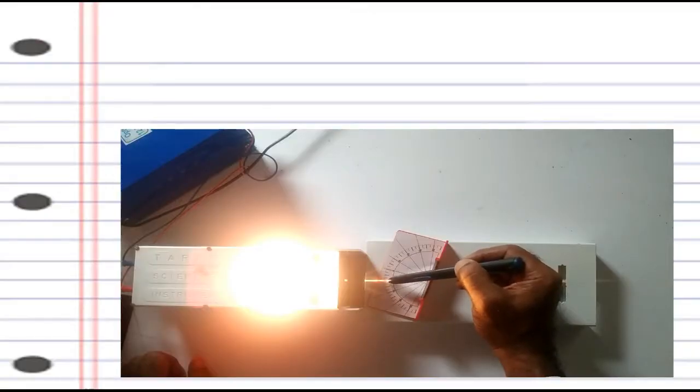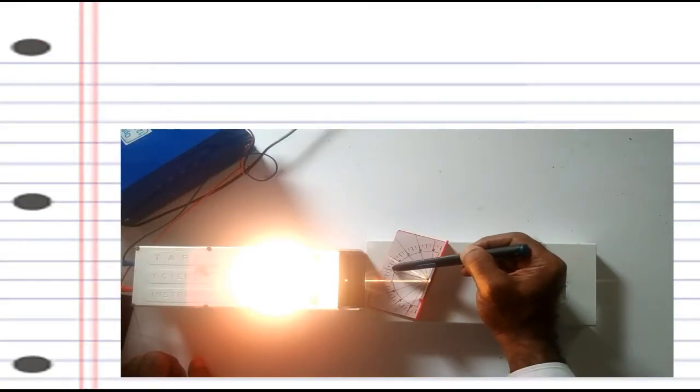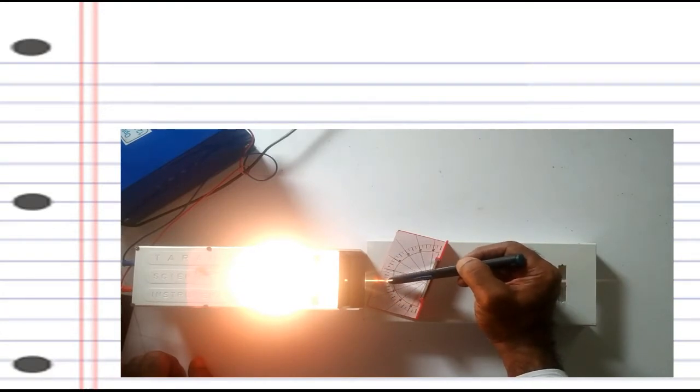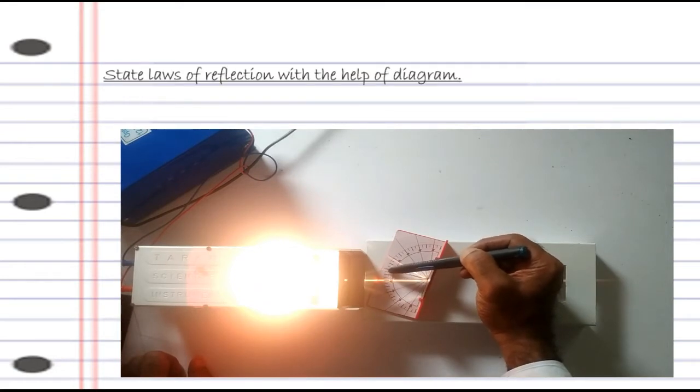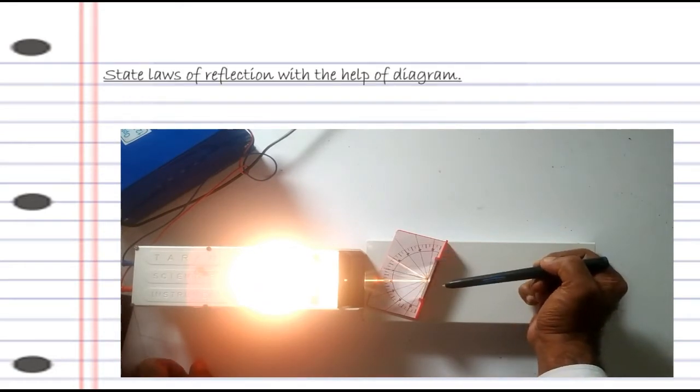In this video tutorial we shall try to draw the ray diagram of the laws of reflection. In the previous video we have seen an actual demonstration, but if a question comes like state the laws of reflection with the help of a diagram, then you have to draw it properly on your answer paper, and that is the reason we have taken a background looking just like your answer paper. So what you have to do is make use of the lines which are already drawn on the answer paper.